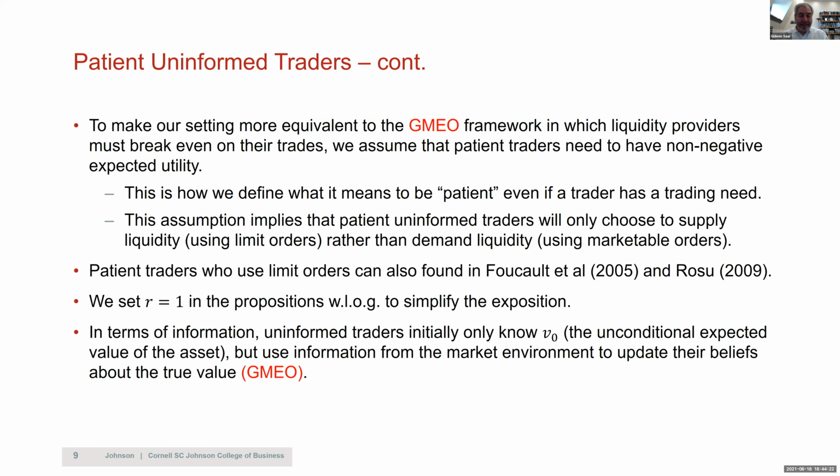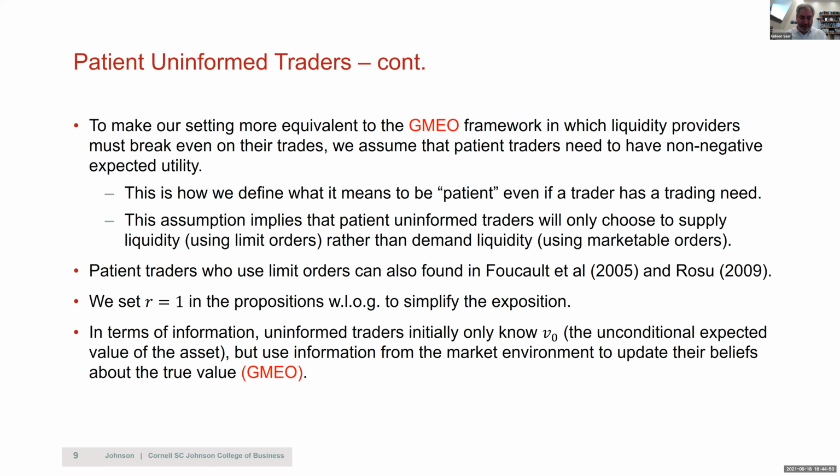Now, in a limit order market, traders presumably can choose between market and limit orders. And here we kind of assign the uninformed traders market and limit. And the reason we did it is to simplify things a little bit, because we want to focus on the choice of the informed traders between market and limit orders. That's kind of the focus of the model, because we want to know how this choice impacts the way information is incorporated in markets and so on.